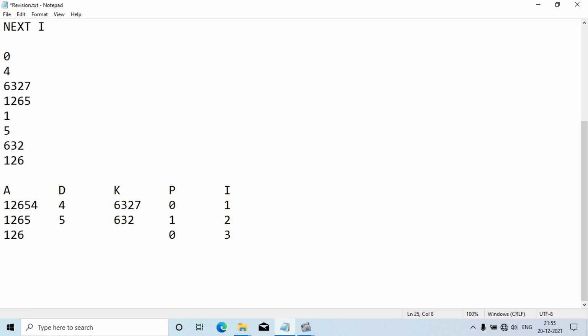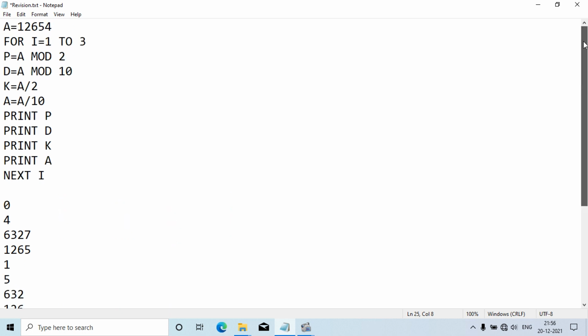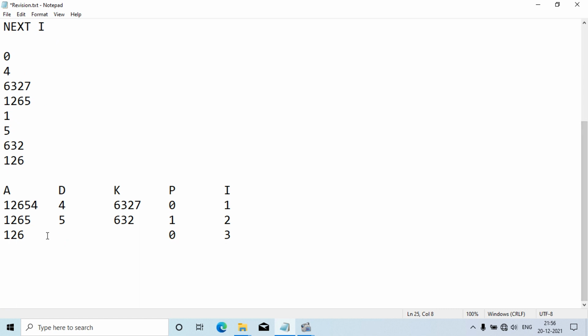Then d equal to a mod 10. If I divide 126 by 10, as a remainder I am going to get 6.